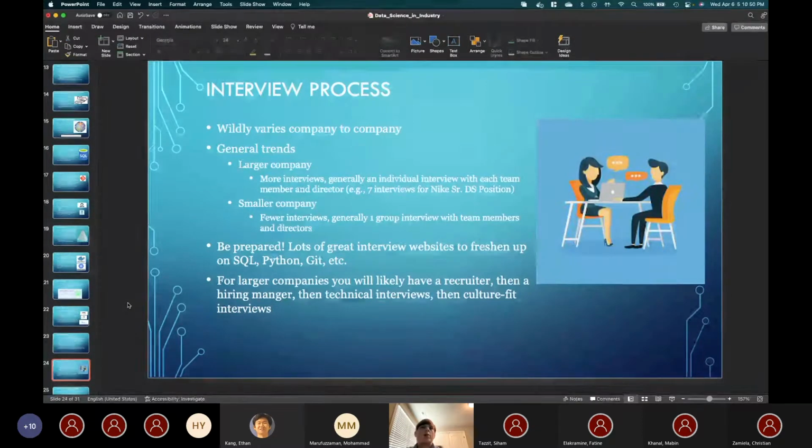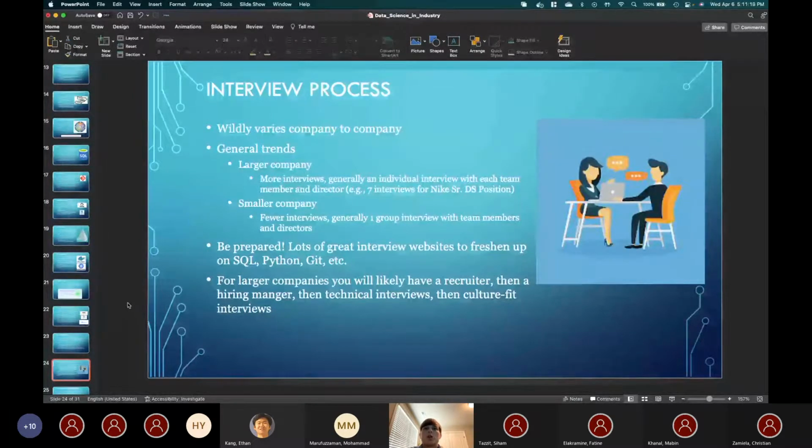For example, when I interviewed for the Nike senior data scientist position, I had 7 interviews with various team members, the person who would have been my manager, the director, and a few others. Whereas for smaller companies, I've generally seen fewer interviews, as few as just one group interview with all the team members and directors who would be making that hiring decision in the room at the same time.